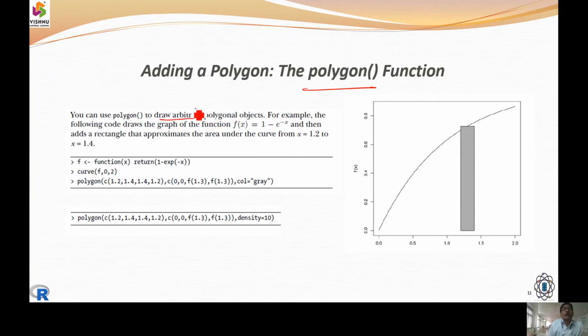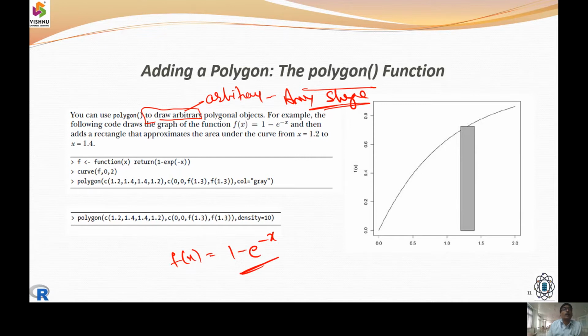So we can draw an arbitrary shape, drawn in an abstract way, and any shape can be taken up. Now let us see the function f of x equals 1 minus e power minus x. So now how can I draw a function? So f of x we are going to get as 1 minus e power minus x.